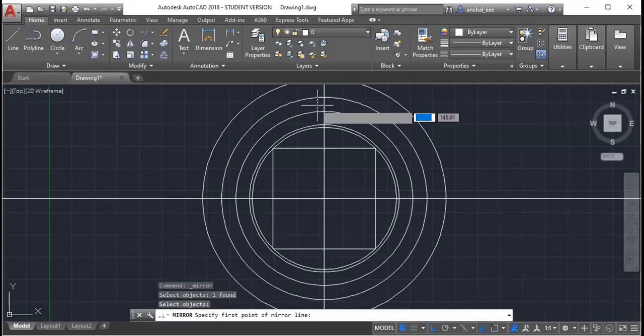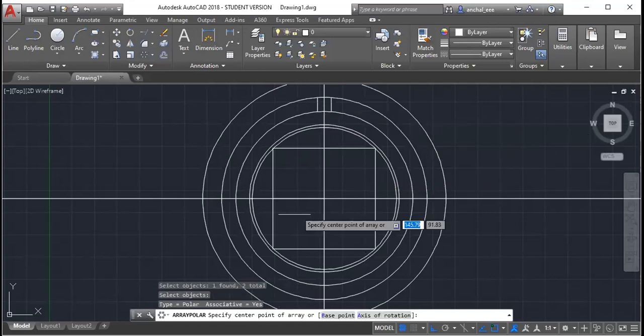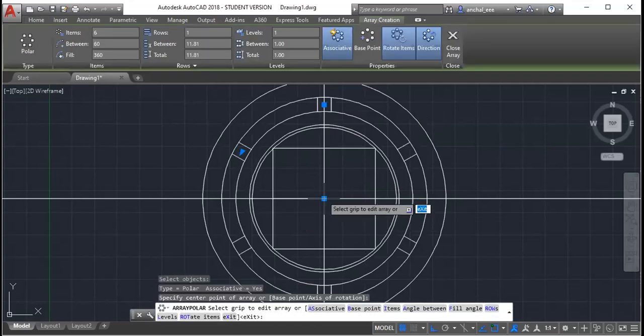Select this object. Now you can turn on your object snap so that I get the equal distance. So I got this. Now I'll do the polar array. So for polar array, select the object, this one and this one. Okay, right click. Center is this one. So I got it.